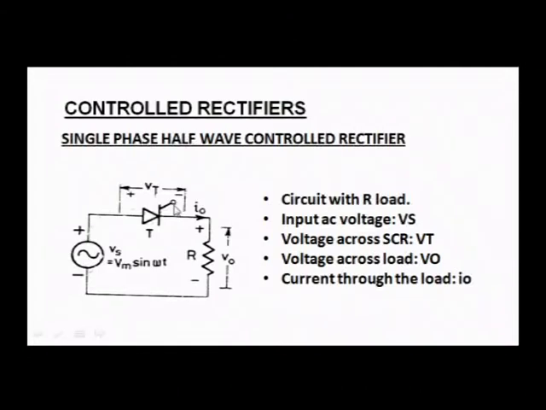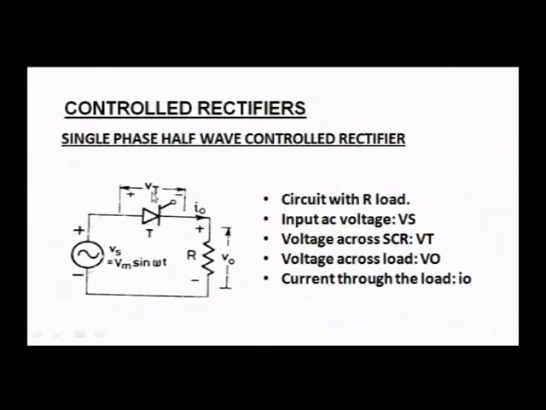I am going to provide a pulse at the required instant of time to the gate, and once I provide that pulse, then only the SCR will start to conduct. Okay. So, the circuit is with R, resistive load. Please see, this is the load and it is a resistance, and input voltage is Vs, and it is an AC input, and that is why I have given this Vm sin omega t. Vm means the maximum magnitude of it, and it is a sinusoidal waveform. Okay. So, Vm sin omega t is the input voltage.